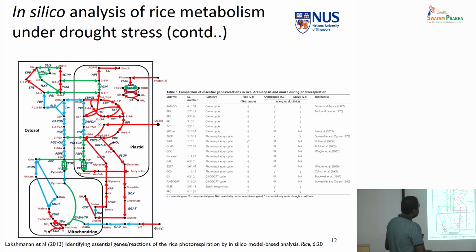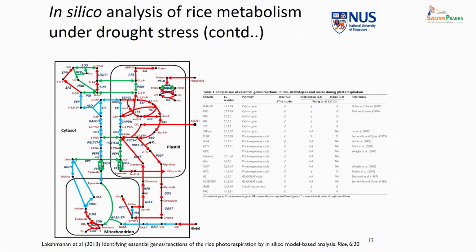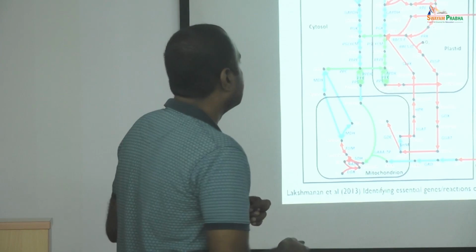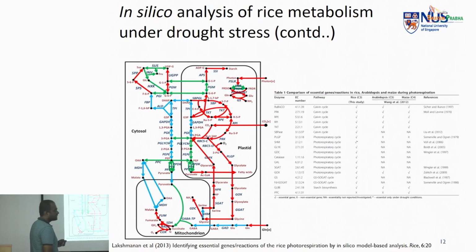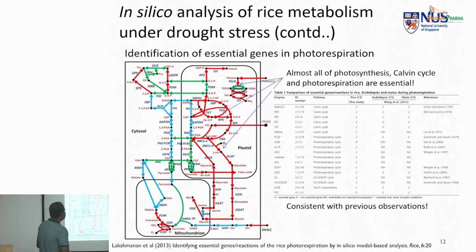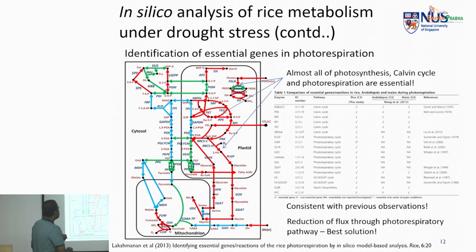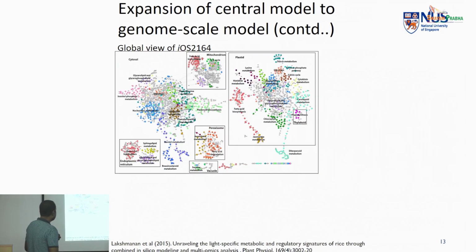When you remove any of these, the plants were immediately dying. They were not able to simulate any photosynthesis. Why is this happening? Because, as I mentioned earlier, Rubisco will not be able to completely convert everything into carbon dioxide. That is why C4 plants, which have a different morphology, are able to concentrate the CO2 better within the bundle sheath. So this just indicates that all the photorespiration genes are essential. You have no chance to remove any of them, so you have to live with the bypass of the photorespiration.